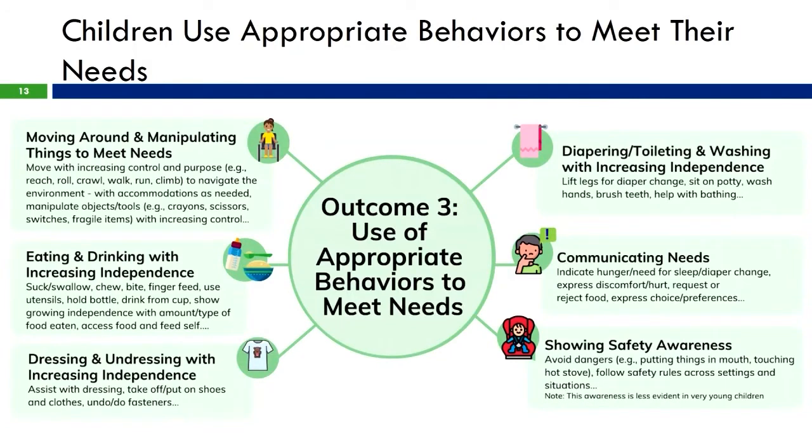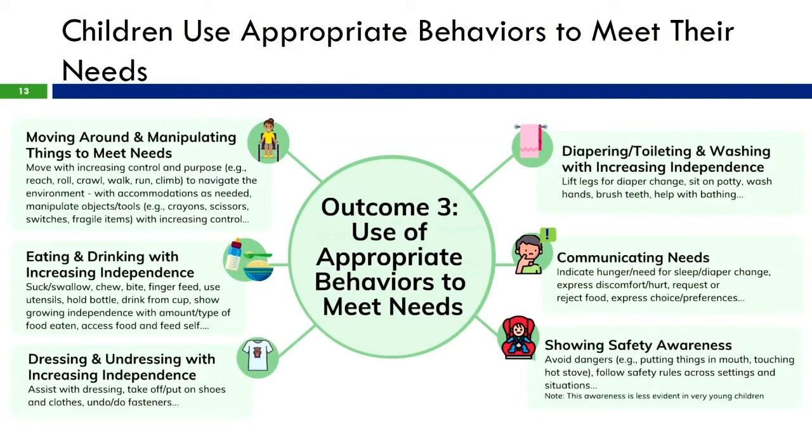Again, take a few minutes to review the areas shown for Outcome 3, the use of appropriate behaviors to meet needs. Pay particular attention to the words "with increasing independence" in 3 of the bullets. Many of the skills and tasks associated with this area are easier to pinpoint growth as we can physically see children making